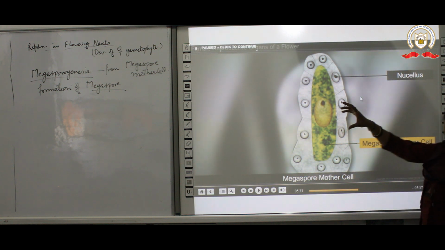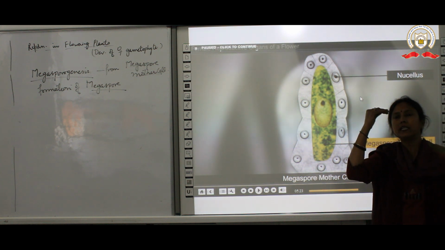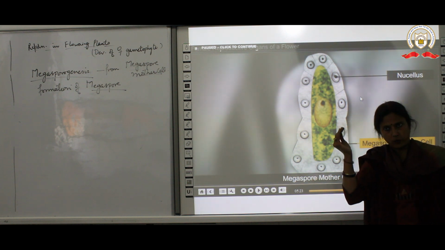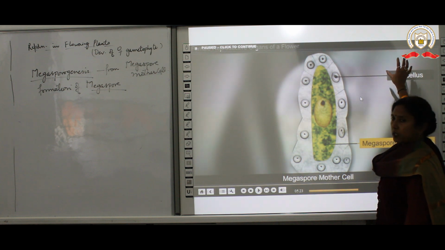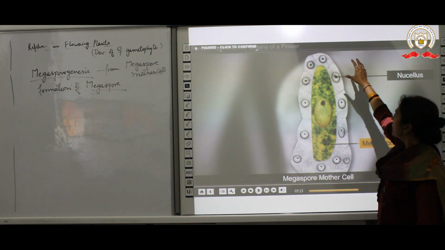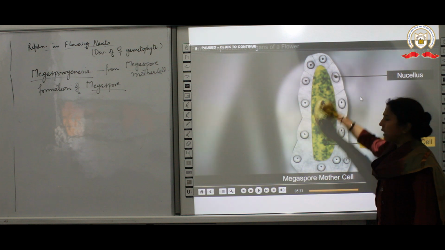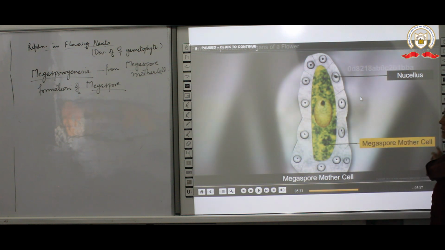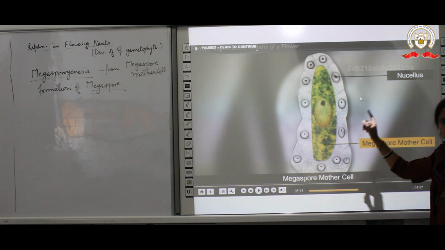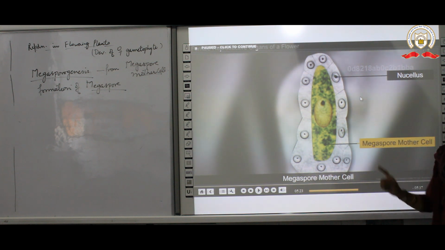Inside the nucellus, one of the cells enlarges and becomes the megaspore mother cell, which will undergo meiosis to give rise to megaspores,